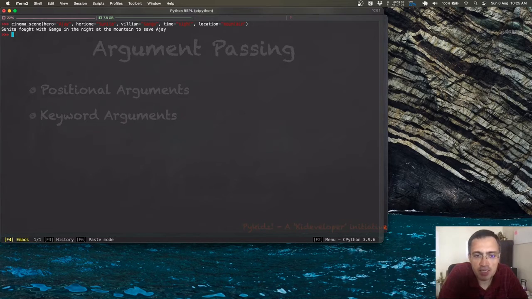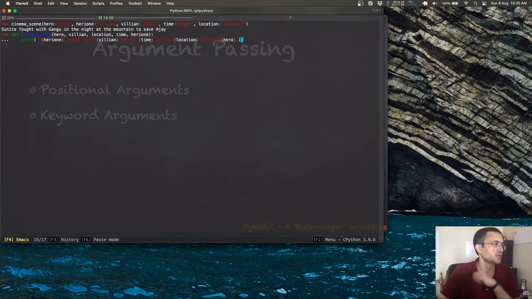So you can clearly see the order of arguments is completely different. I will show you the definition. See here, the order defined is hero, villain, location, time, heroine. The order in which I sent is hero, heroine, villain, time, location.